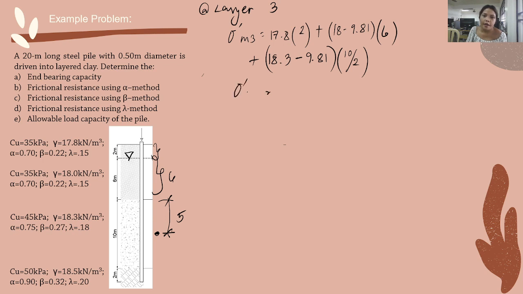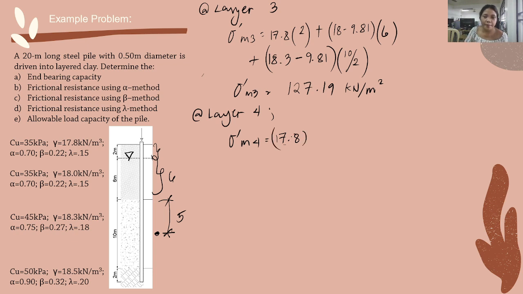Now, your effective stress there is equal to 17.8 by 2 plus 18 minus 9.81 by 6 plus 18.3 minus 9.81 by 5. Okay, so 127.19 kilonewton per square meter. Lastly, the fourth layer or layer number 4, we have sigma prime M4 equal to, redundant